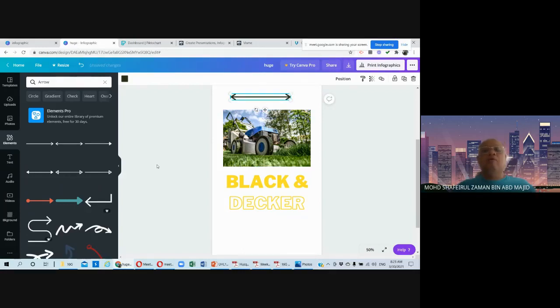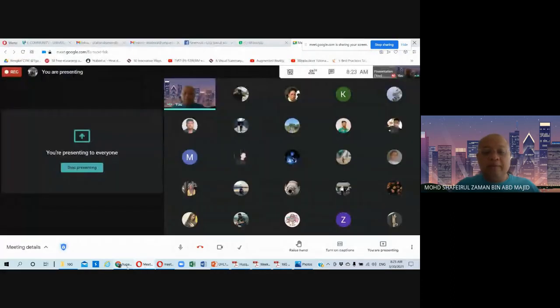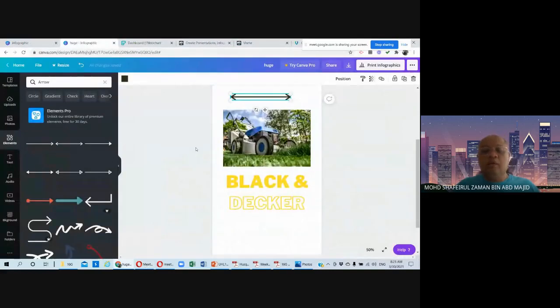Once you have done editing or creating your infographic, if you're fully satisfied with it, you can click the download button. So where's the download button? Look for the word Share on top of the screen on the right-hand side, and next to it, we have this down arrow button. So this is